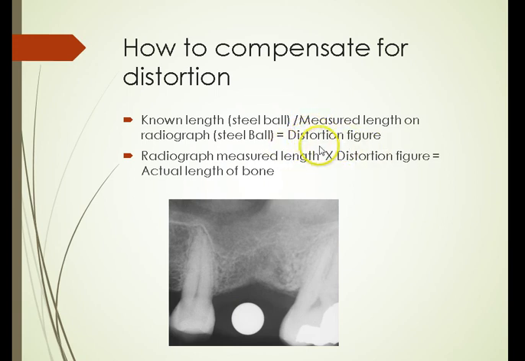Once you have your distortion figure, then you're going to multiply that by the actual length that you measured in the radiograph. So let's say you measured 10 and your distortion was 0.8, so it'll be 10 times 0.8 will be your actual length of the bone. That's a pretty good tool to have, and it'll give you great predictability to be able to measure how much bone you have with PA and take one of the big limitations of PA, which is distortion, and make it a very safe